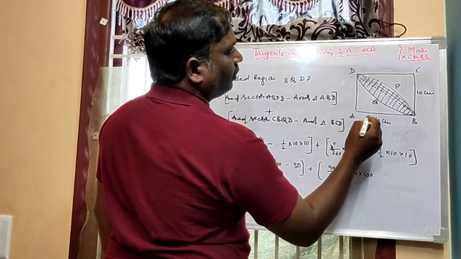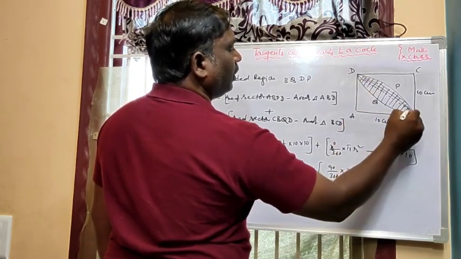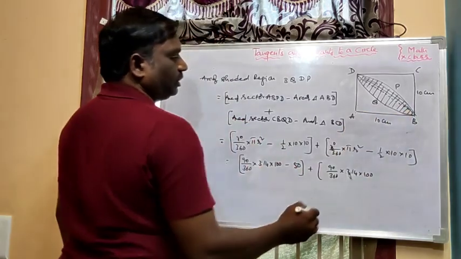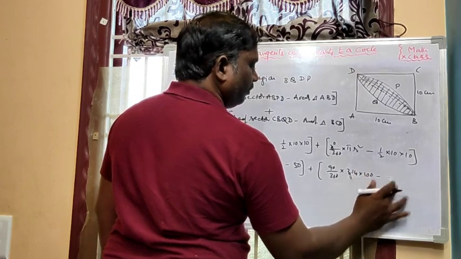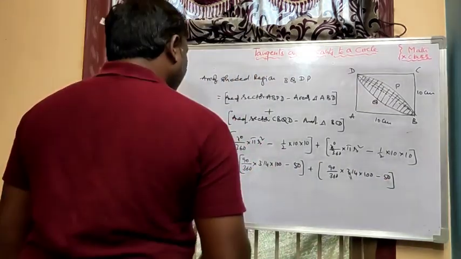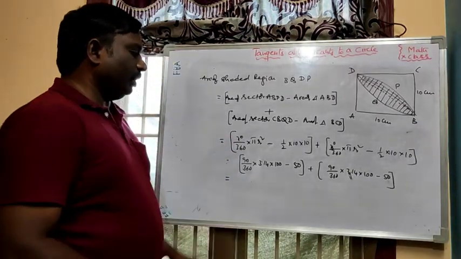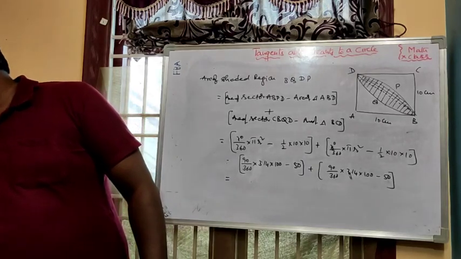Radius is 10. See here, this is the quadrant of the circle, and quadrant means from the center of the circle this is the radius. 100 minus half into base into height, that is 50. So 90 by 360 into 3.14 into 100, if you do the simplification, definitely you will get